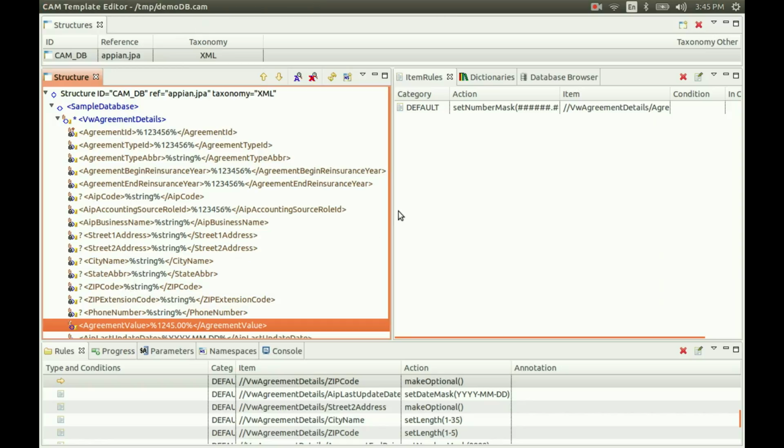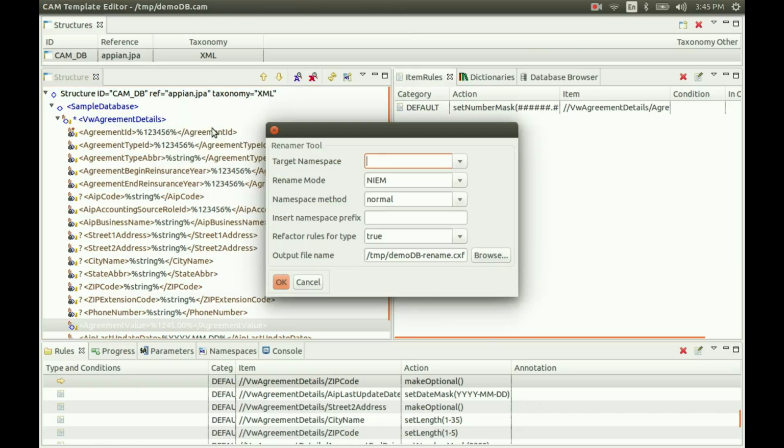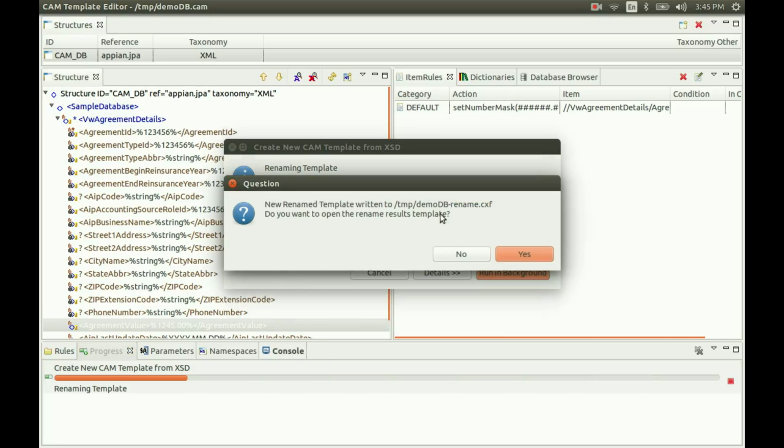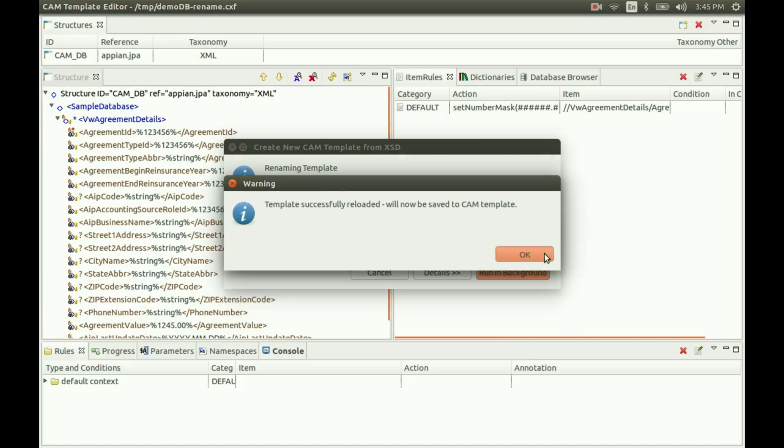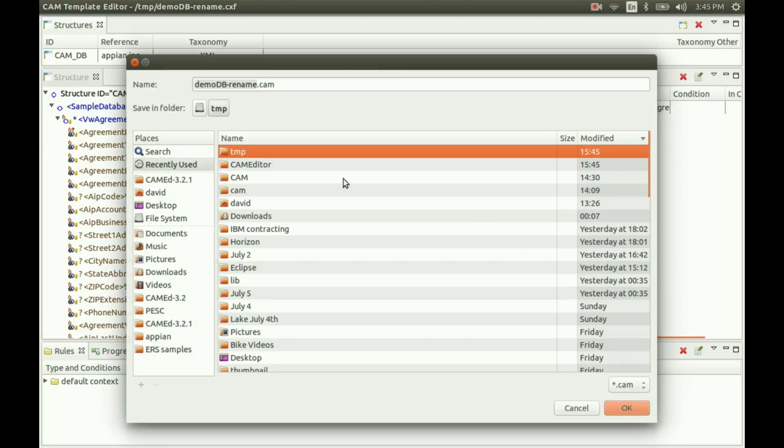So what you saw before was when we used the drag and drop, the renamer created the names for all these components based off the SQL name and added the DB mappings in. Now we want to go the other way around. We created a new element, so we want to run tools, renamer. Renamer mode is SQL DB mapping, and now we're going to add a DB mapping for that component. So we can click OK, reload that, store it in temp,